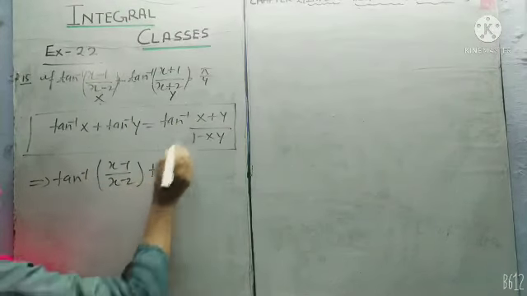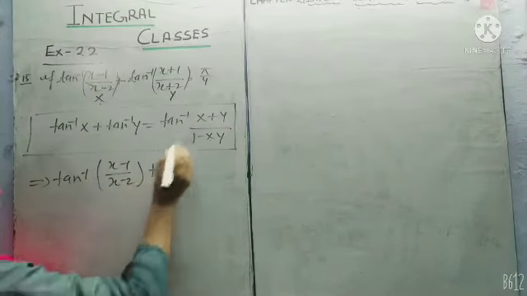The other side is pi by 4. When tan goes to the other side, it becomes tan pi by 4, and the value of tan pi by 4 equals 1. So now we write (x minus 1)/(x minus 2) plus (x plus 1)/(x plus 2) upon 1 minus (x minus 1)/(x minus 2) times (x plus 1)/(x plus 2)